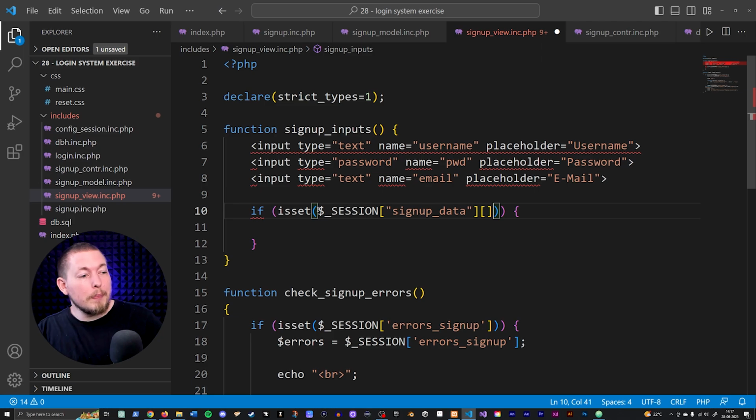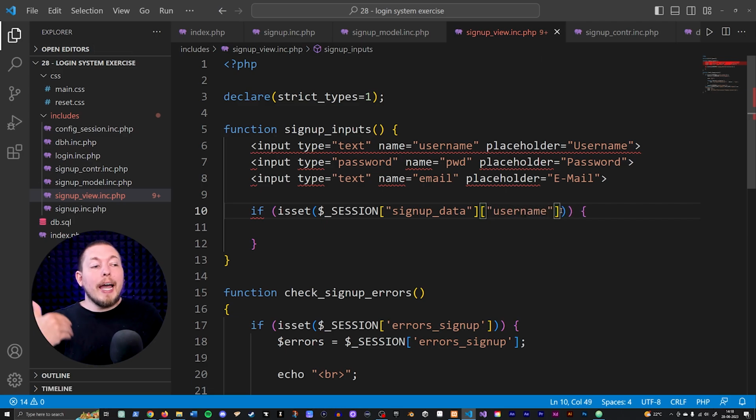So what I can do is create my brackets afterwards here and refer to a certain key inside this array. Right now I want to check if we have something called a username. If we have this, it means that we did not leave any input empty for this particular input. So now we're also checking if there was any empty input. We don't have to check for that particular error message,